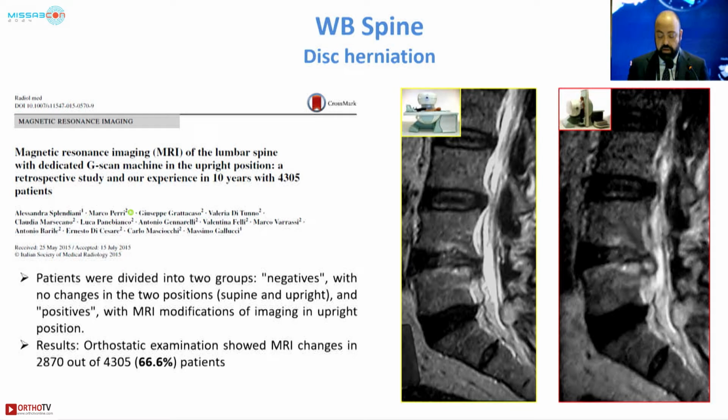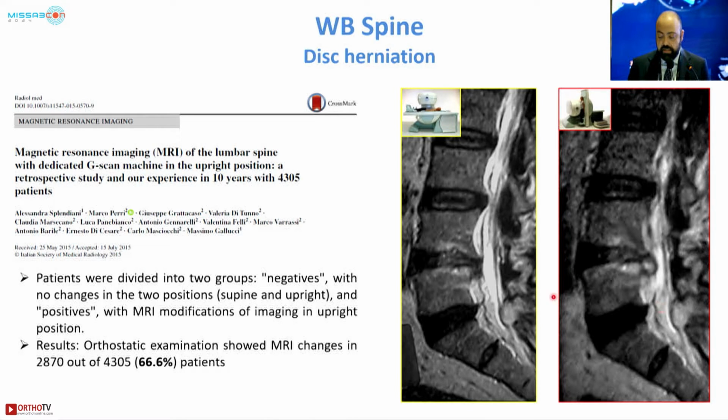The orthostatic examination showed MRI changes in up to 70% of cases. So it means that in most cases we are missing some diagnostic findings in low back patients that are otherwise not visible in